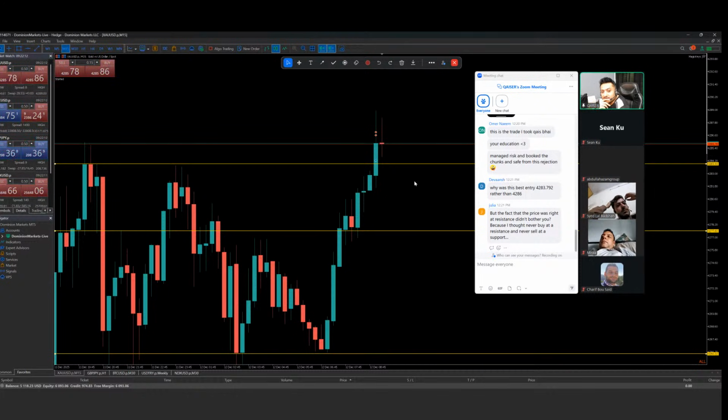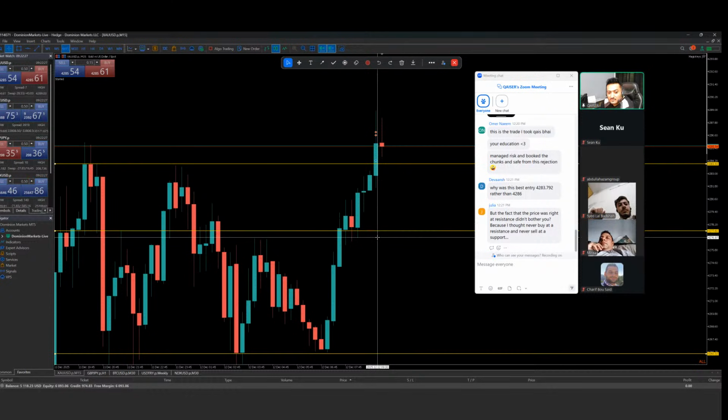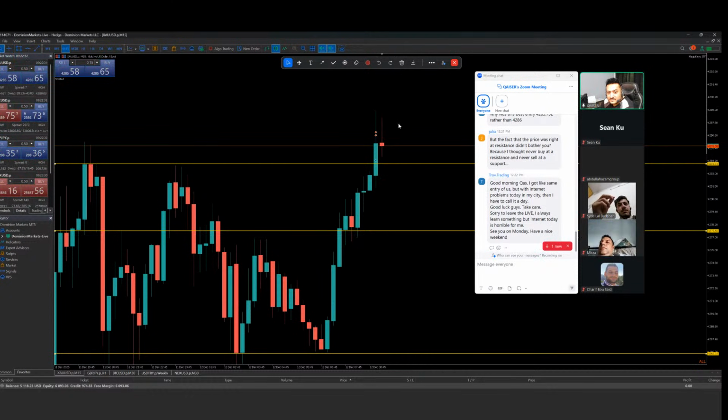Because there was an opportunity. If you just wait for 4043, 4286 or something like that, it has already moved a lot. Even if you look at the 50-minute time frame, you miss the move, you miss the perfect execution here. Look at how extended it is right now, almost more than 120 pips. Now wait for the new structure to be formed, so you can go above like 4286 or something like that.